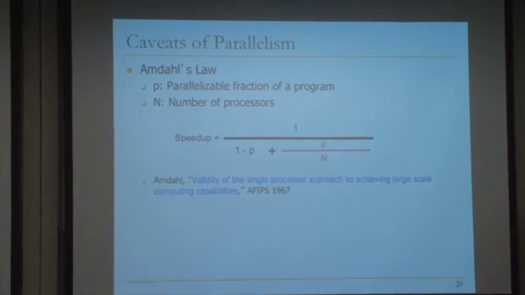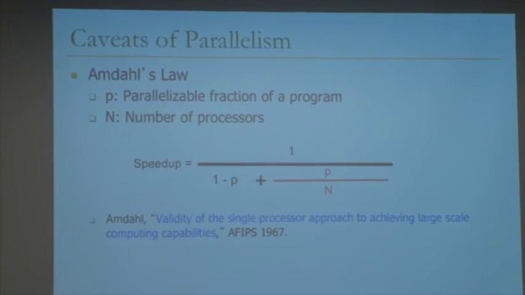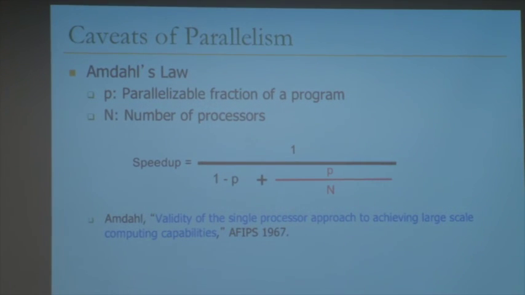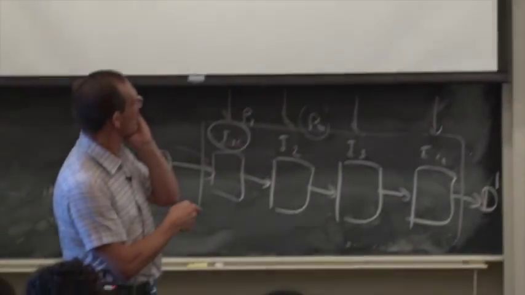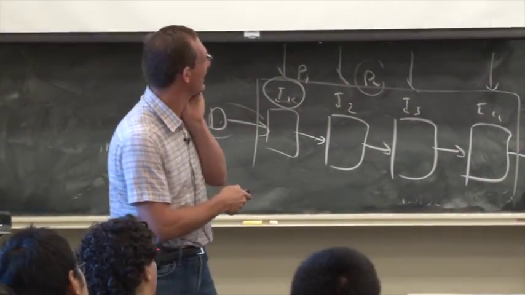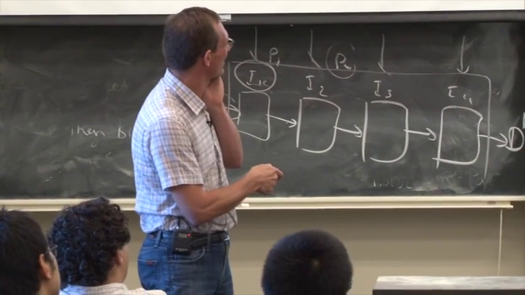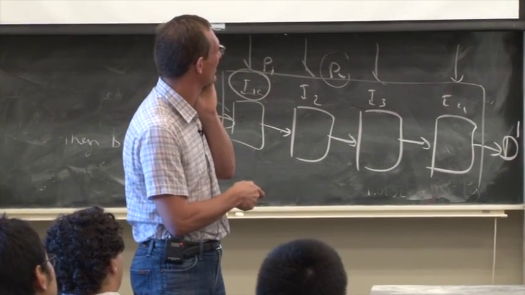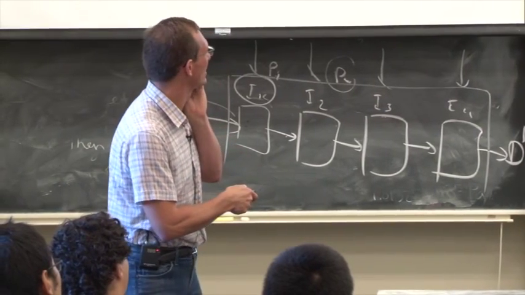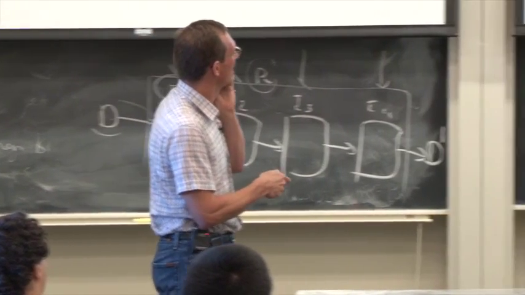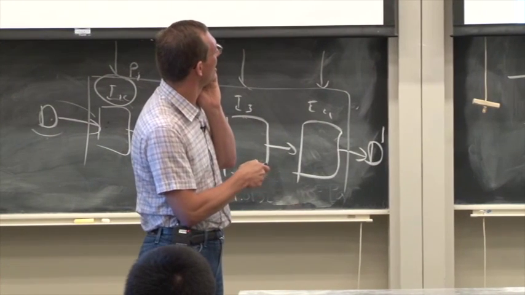Let's talk about caveats of parallelism. It's always good to start with what the limits are of what you can achieve with a particular solution. That's why I want to present the caveats first. And you already know this, right? Amdahl's law. And if you haven't done so, you should read this paper. But if you've taken my classes, you've already read this paper. It's Amdahl's original paper, which basically stated this law.